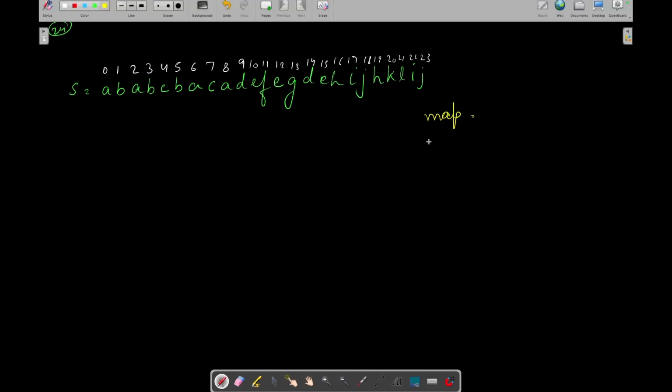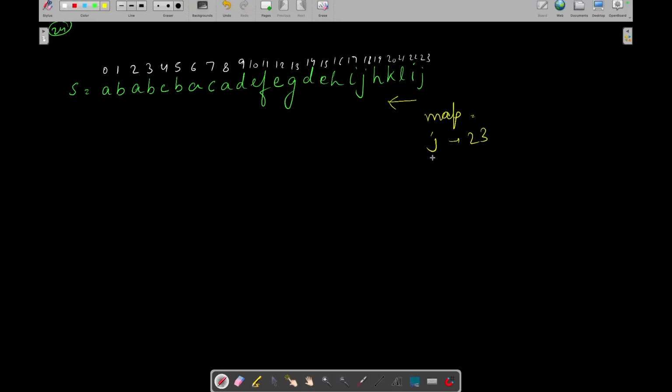So we can create a map. Let's start creating our map. As we need to keep track of the last occurrence, we can start iterating from the end, or you can start iterating from the start as well, no issues. But let's see. Yeah, we have got J, so let's update its last occurrence as 23. If a character is not there in the map, only then we will update it. Otherwise we will not, because it has already been updated with its last occurrence.